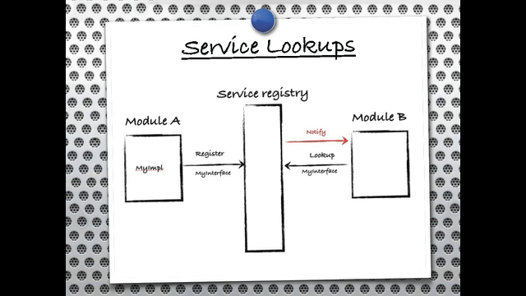And this is where service lookups or dependency injection come into play. I'm going to talk a little bit about OSGi in a moment, and in OSGi we talk about services. I will explain that more. And in Java EE we have CDI, of course, which is more or less the same thing with a different name. There we call it dependency injection, but the idea is the same.